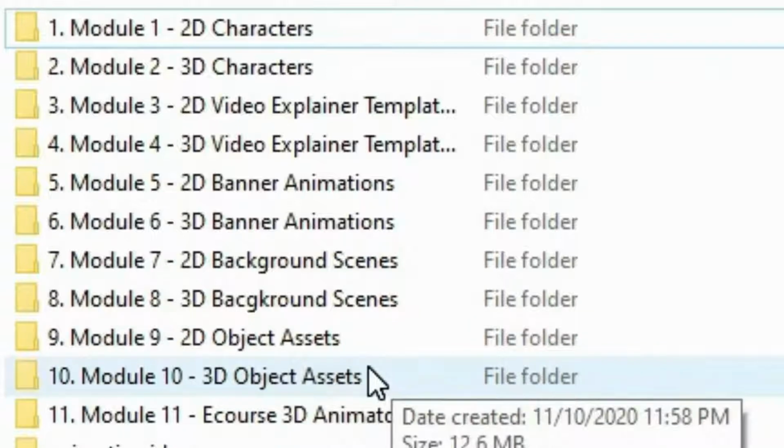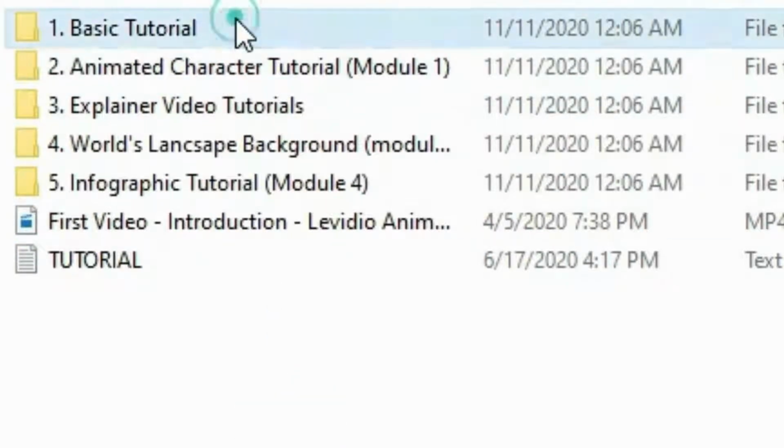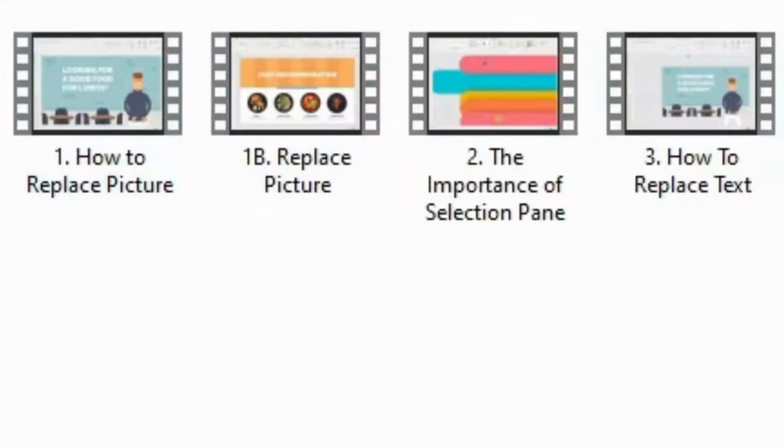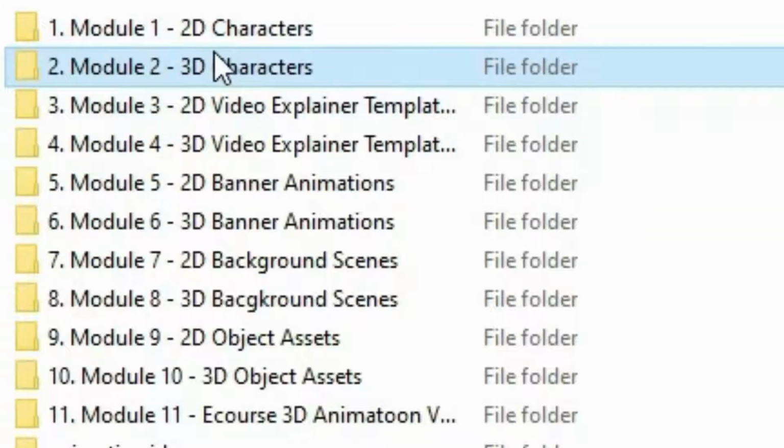In module 11, you will get a step-by-step tutorial about how to customize this template and how to use this toolkit to make a professional animated explainer video using PowerPoint. So you don't need to be confused about how to use it. This step-by-step tutorial in this module folder will help you. Okay. Now I'm going to show you an interesting thing in this Livideo Animatum Volume 2.